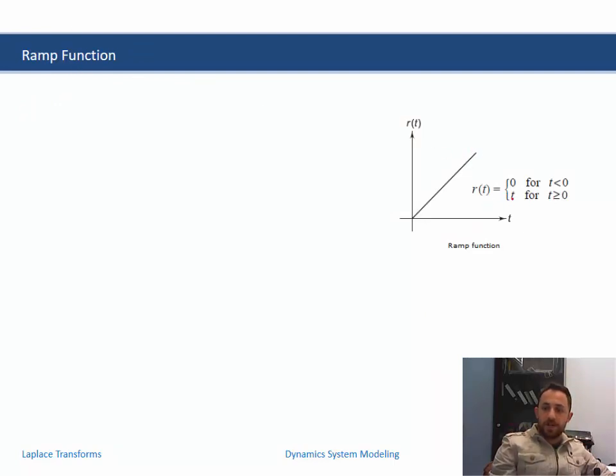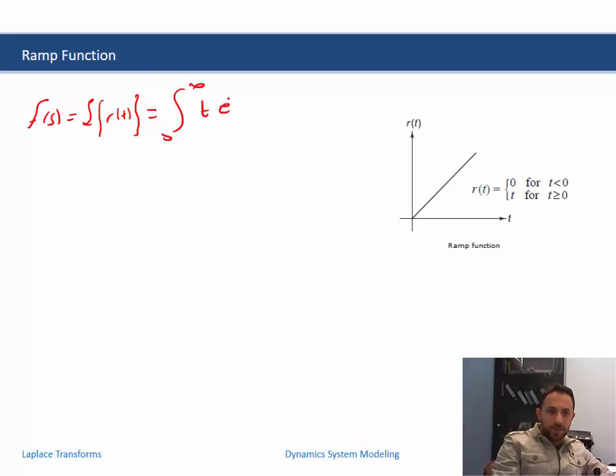And the ramp function is defined by t. It is a linear function. f of t or r of t is equal to t for t greater than 0, and it is 0 otherwise. So the Laplace transform of this ramp function is the Laplace of r of t, which is the integral from 0 to infinity of t e power minus